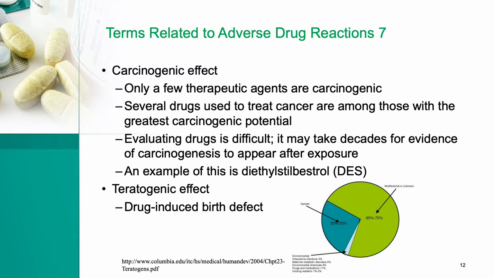The tranquilizer thalidomide is one of the most famous and notorious ones. This drug was used widely in Europe in 1959 for pregnant women with nausea, after which an estimated 7,000 infants were born with the thalidomide syndrome, or meromelia, in which they were born without arms and legs or very short arms and legs. The pie graph depicts the causes of congenital malformations. Drugs and medications cause less than 1% of the total number of congenital malformations.